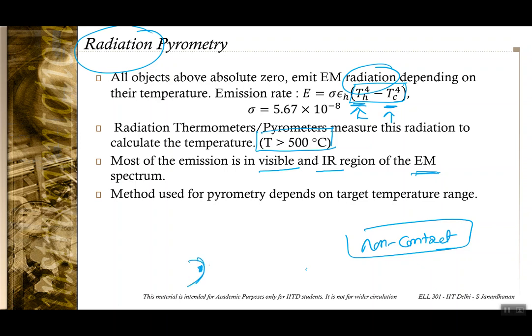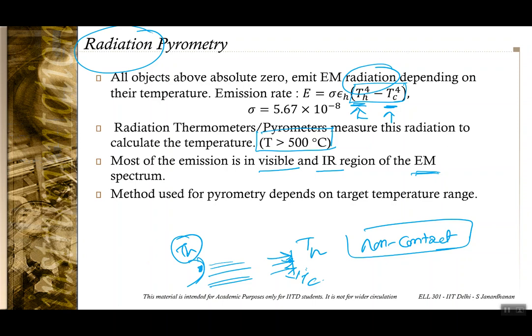So I can have a hot body that is emitting radiation, and I can have a pyrometer here which is at some cold temperature, and by measuring the incident radiation, the hot body's temperature can be